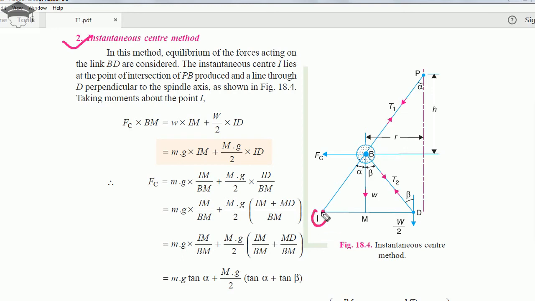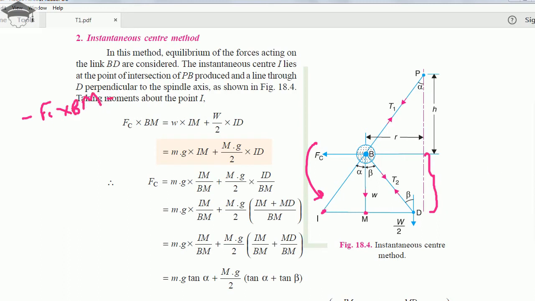This is the point I, which is the I center for this free body diagram, and now we are calculating the moments about this point I. Now moment about this point I will be Fc into this distance, that is Fc into BM. We are dropping a perpendicular as well from point B to the ID line. So this is M. So taking moment about I point, Fc into BM, that is anti-clockwise moment. So we can write minus Fc into BM,